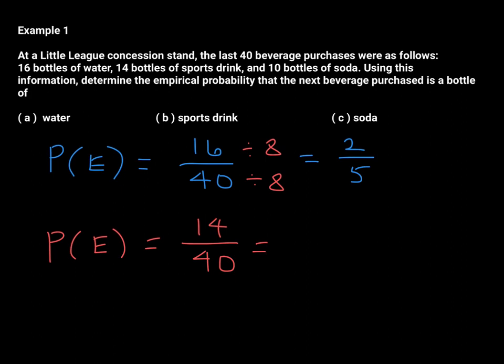So let's simplify. We're dividing this time by 2. 2 is the GCF. 14 divided by 2 is 7. 40 divided by 2 is 20. So this is the probability that the next purchase will be a sports drink. Now, this value is between 0 and 1, of course, always. But notice that this is much less than this value. We talked about how this value, 2/5, is really close to 50%. It's a little bit less than 50%, but this value is